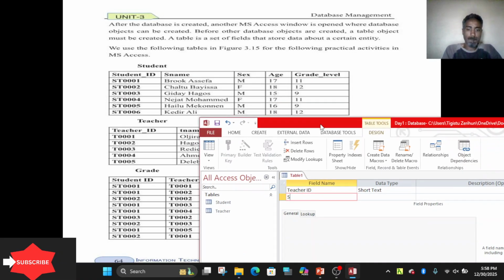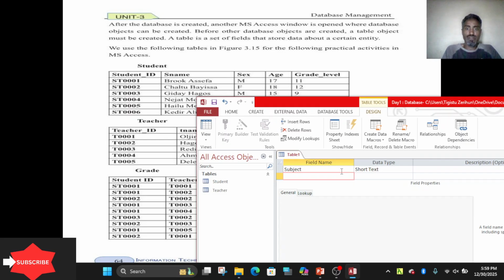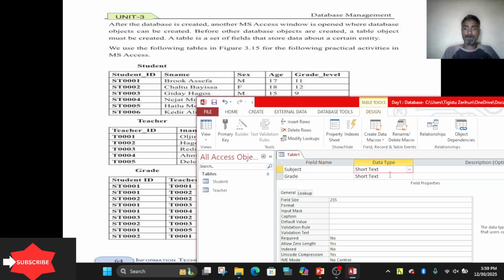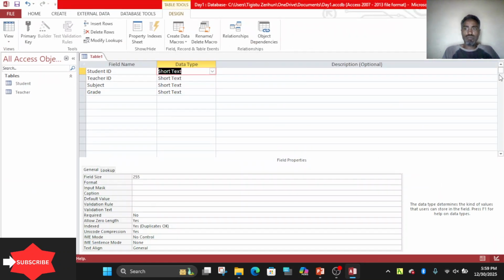Subject, and grade. Finished. They are not primary key now here. They are foreign keys. Now here closing the window.